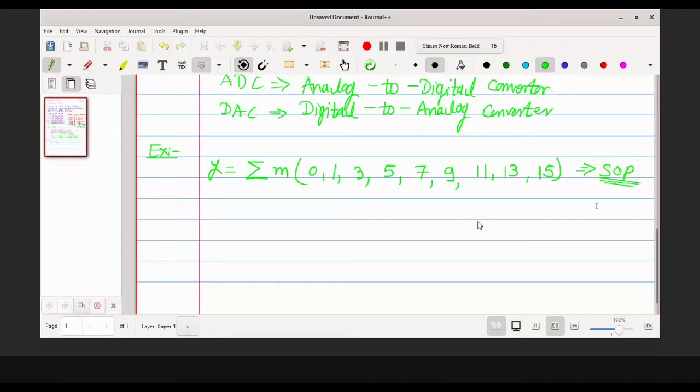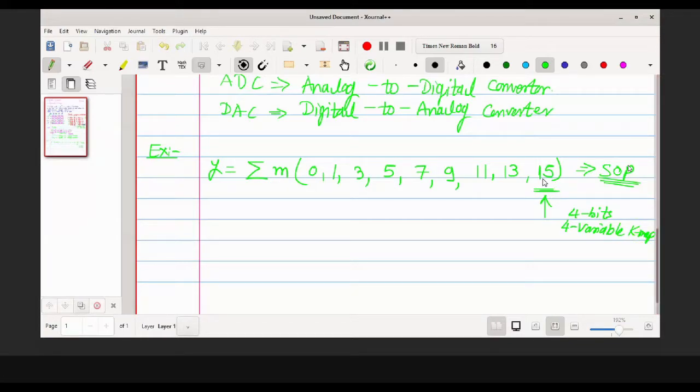So how will we come to know which number of variable K-map I should use? You should look at the last value of your min term, which is 15 over here. To represent 15 in binary, I require 4 bits. That means I have to use a 4 variable K-map. This is the simplest procedure.